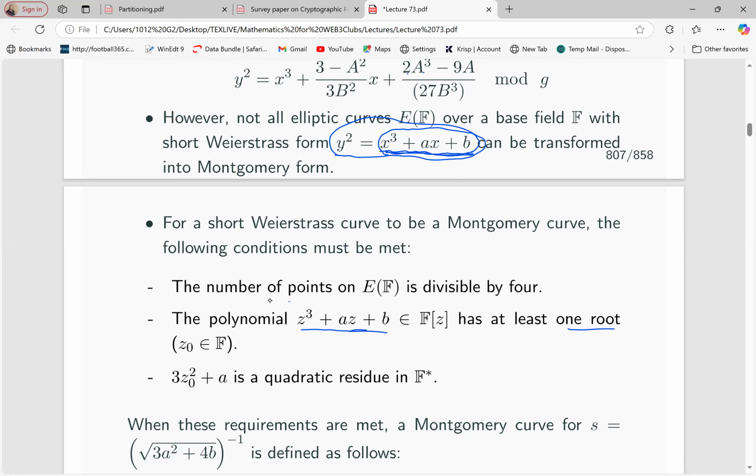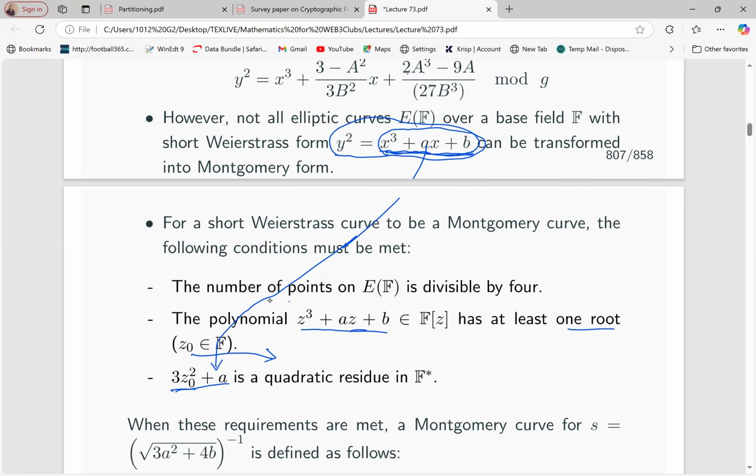The third condition is that now that there's a root, you've obtained a root. Take that root, square it, and multiply by 3. And then add A. A is just coming from the equation. Add that A. And then the answer that you get, the question is, does it have a square root? If it has a square root,